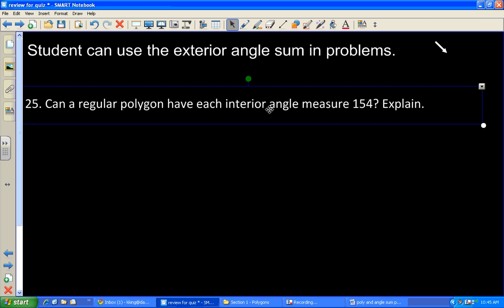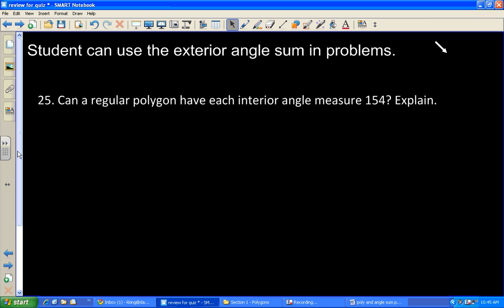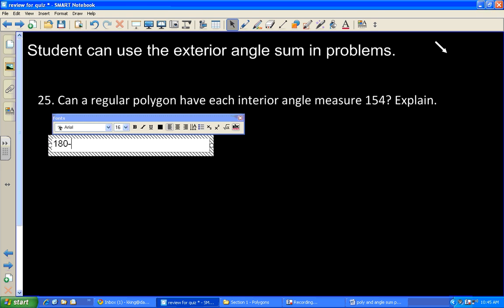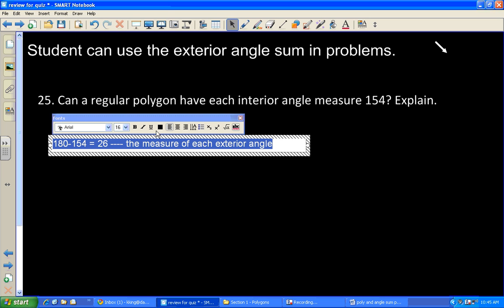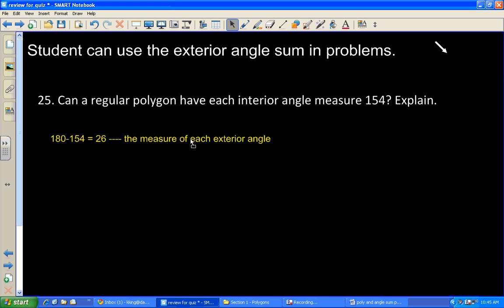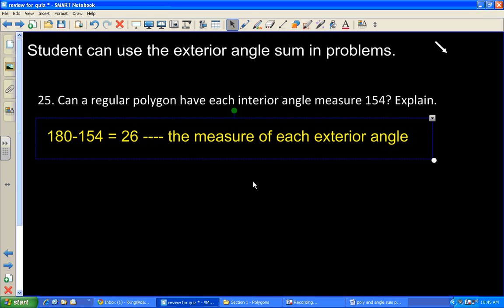Alright. So, there's several ways to go about this one, but the easiest one is to use the exterior angle. I know the problem specifically says interior. But what do we know about each exterior and interior pair? Yeah, they're supplementary. So take 180 minus the 154, I get 26 degrees. And that is the measure of each exterior angle. Right? So if I know the measure of each exterior angle, that's using the exterior angle part. Because this is asking about regular, since we just talked about regular,